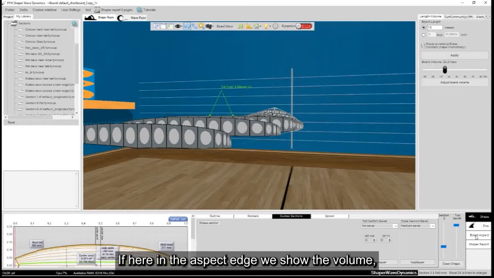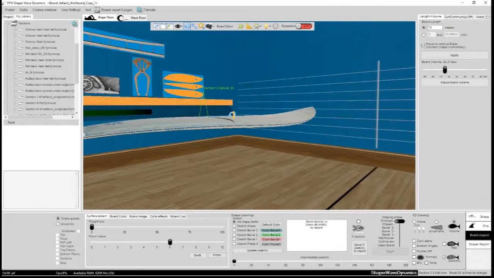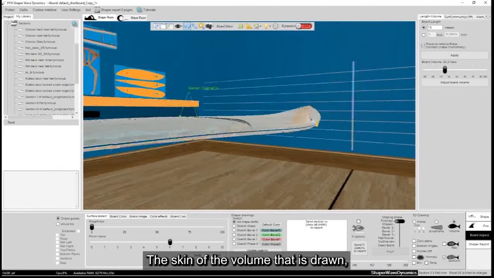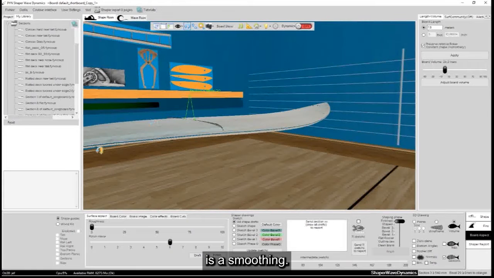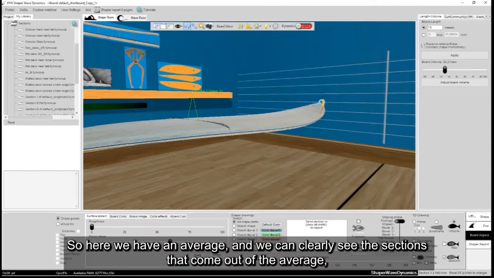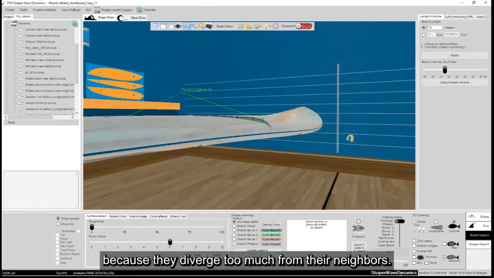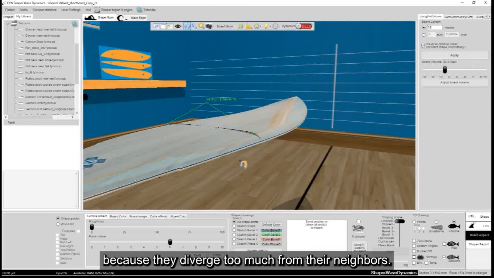If here in the aspect tab we show the volume, we see that this section protrudes. The skin of the volume that is drawn is a smoothing. So here we have an average, and we can clearly see the sections that come out of the average, because they diverge too much from their neighbors.